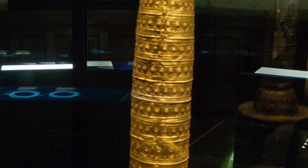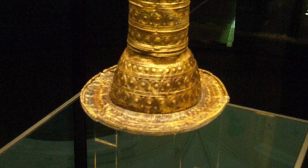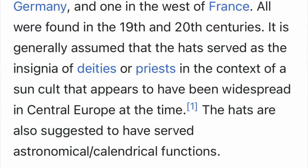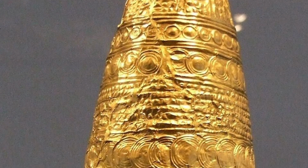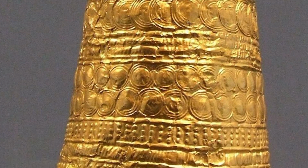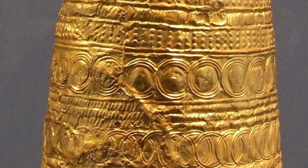There was a cult at some time during the Bronze or Iron Age, and this cult is said to have been all around the entire world. Now, it's written in the narrative, and I'll include it here so you believe me, but it's written in this narrative that this cult, that they don't know anything about, apparently had magi, and these magi would construct these golden caps, these golden magi hats, and these hats were 3, 4, 5 feet tall, and they were made out of one piece